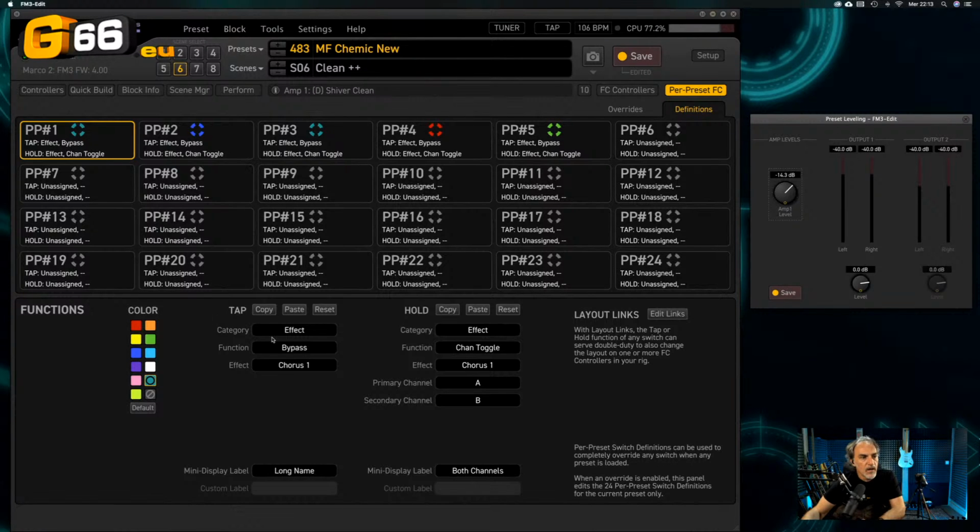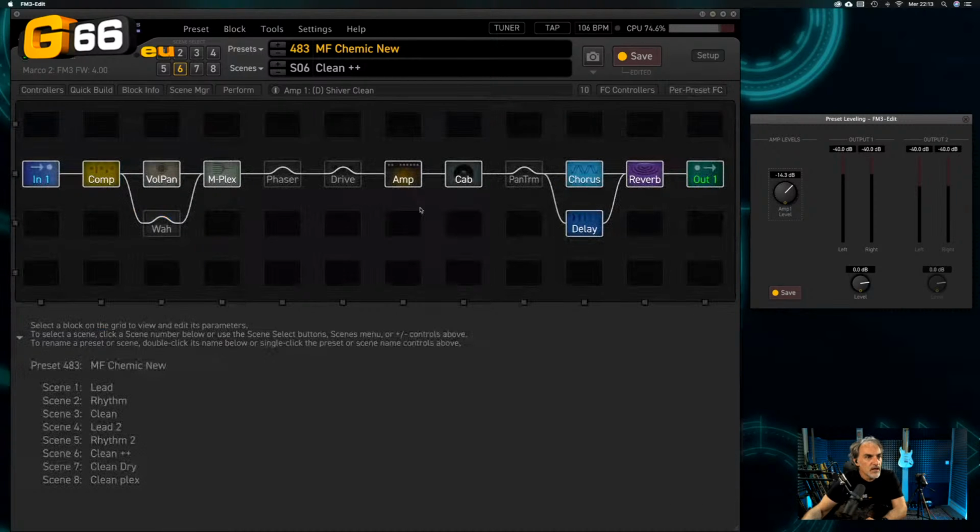So, for example, on the chorus, I can select on and off, but also if I press and hold the chorus, I can change from channel A to channel B, and I always have two possibilities, two different effects in the same effect block, in two different channels. And this is very flexible and very useful during live shows. So I show you, for example,